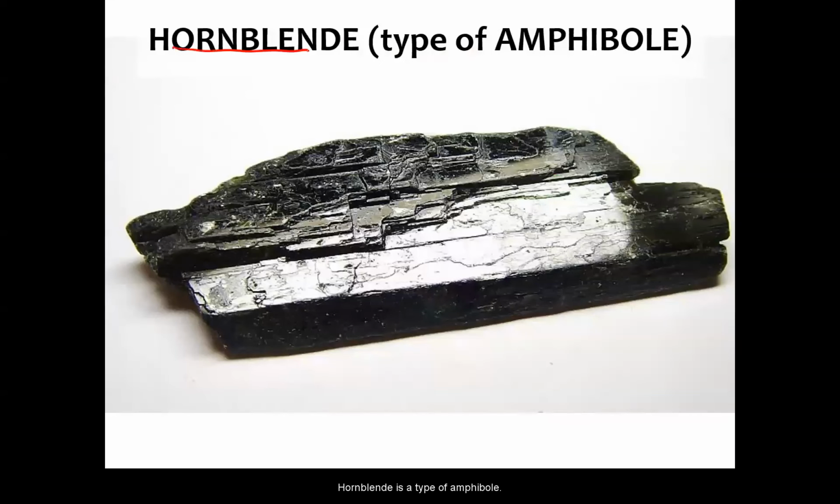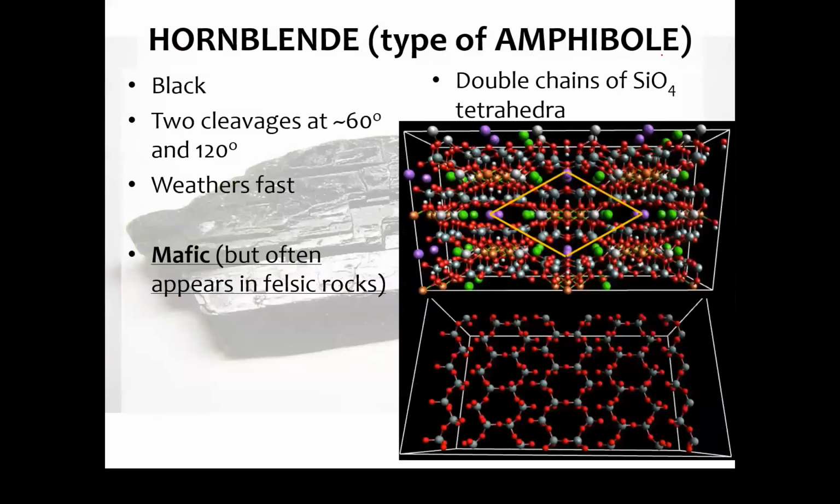Hornblende is a type of amphibole. Hornblende is the name of the mineral. Amphibole is the class of silicates. These are made of double chains of silicate tetrahedra. So if we look carefully here, one double chain, and the chain continues in this direction. But this double chain here does not connect with this double chain here, which are linked, does not connect with this double chain here, which are linked. So double chains,